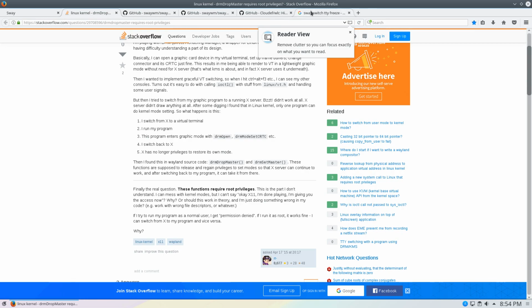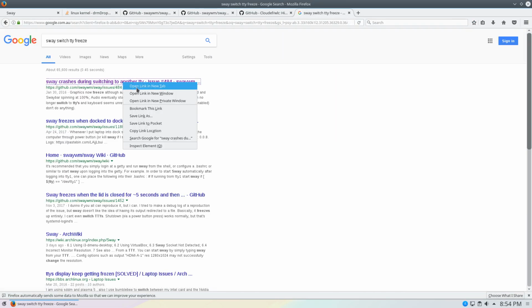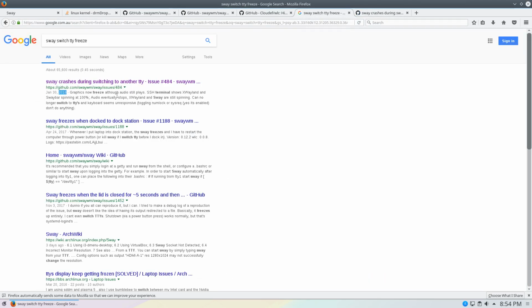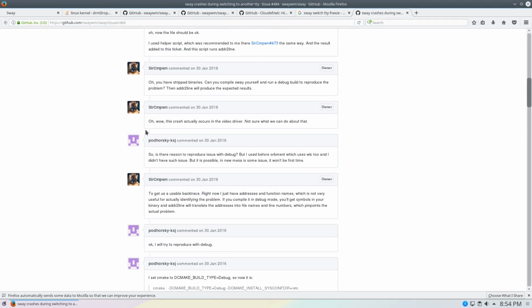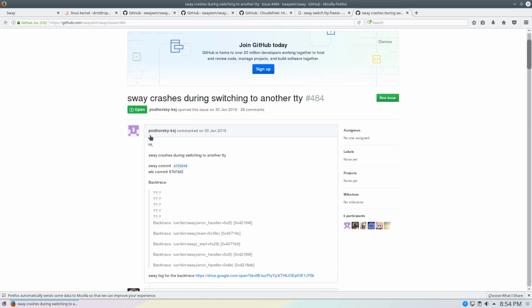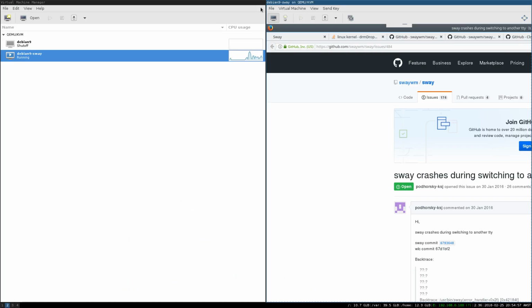Okay, so there are other people who've complained about this sort of issue before. You know, Sway crashes during switching to another TTY. That's not that long ago, by the way. That's 2016. I don't know about these other issues, but nonetheless, there are some people who have these sorts of things. You can go and take a look, but after a bit of hunting around, in fact what we can do